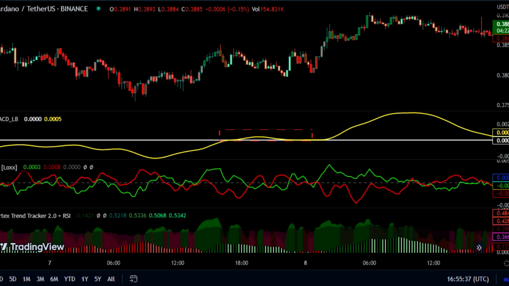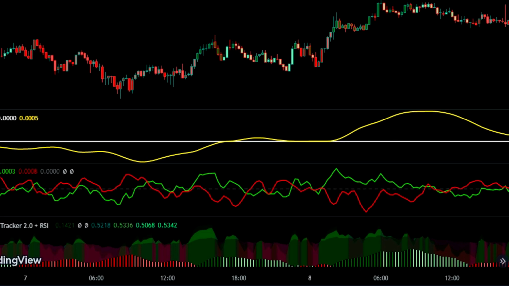The first condition for taking a buy position is that the Impulse MACD signal is above the middle line. The second condition is that after the first condition is confirmed, both the red and green lines of the PC indicator are above the middle line and the first condition is still standing.